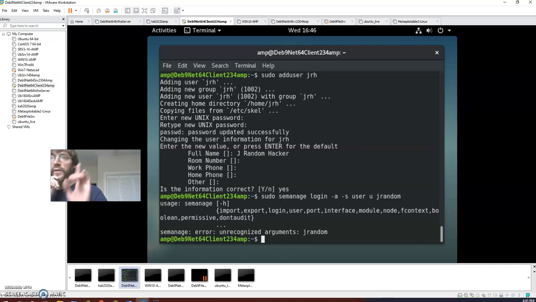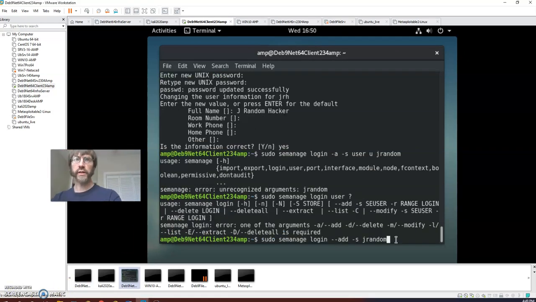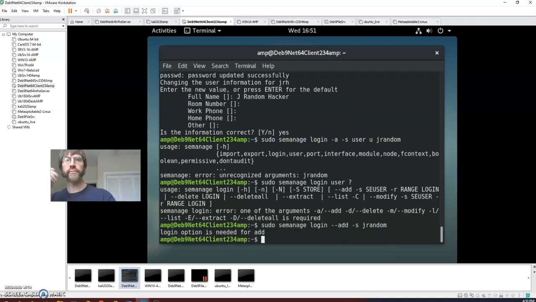Okay, hold on. We'll be right back. Okay, so it looks like the exact syntax might have been a little wrong. Let's try this. What I did essentially was I tried to get it to tell me what I wanted it to do. Well, actually, I tried to let it tell me what it wanted me to do. Login user, add, let's see if this works. Login option is needed for add. Okay,